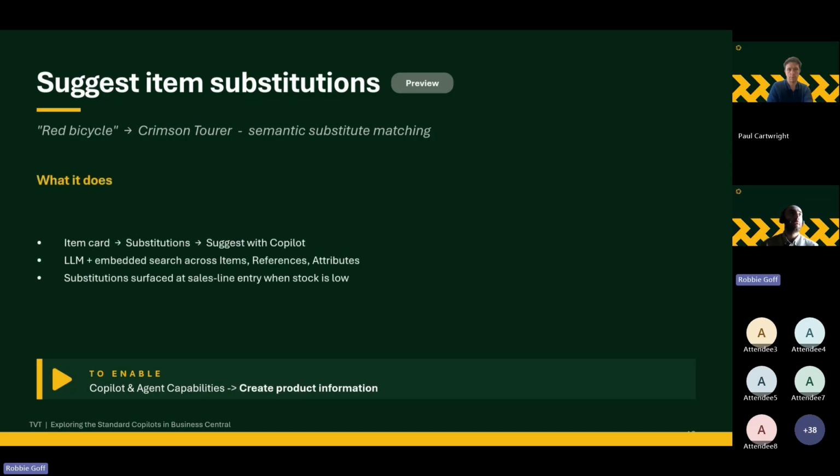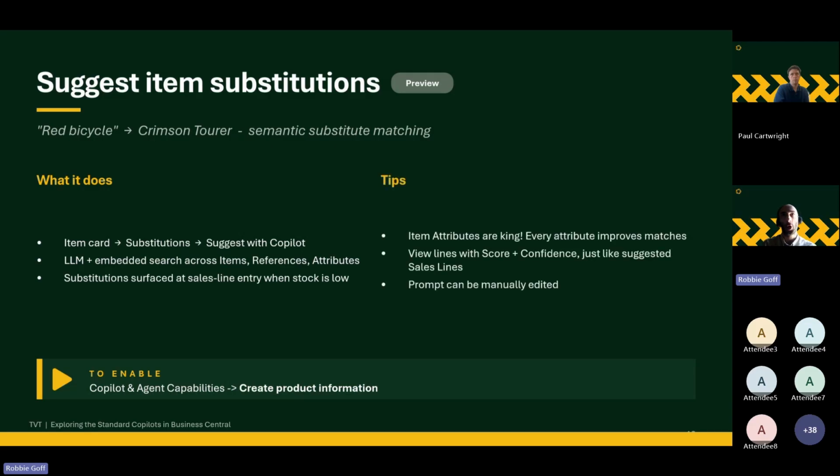substitute with. So from the item card, you go to substitutions and suggest with Copilot, and it uses an LLM and that embedded search. It looks across associated tables as well as just items to find a match. And those substitutions are then surfaced on the sales order at the sales line level for low stock. Tips, like we said,